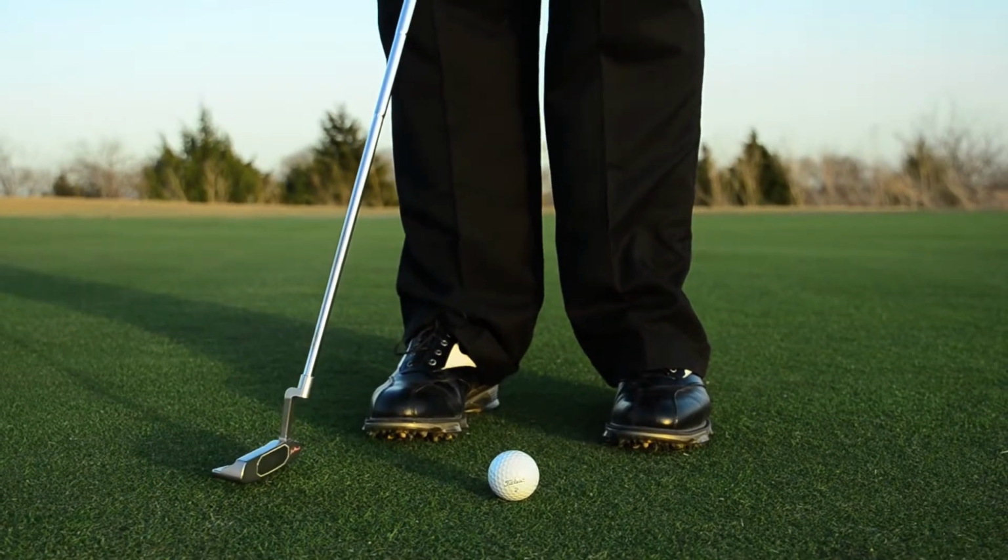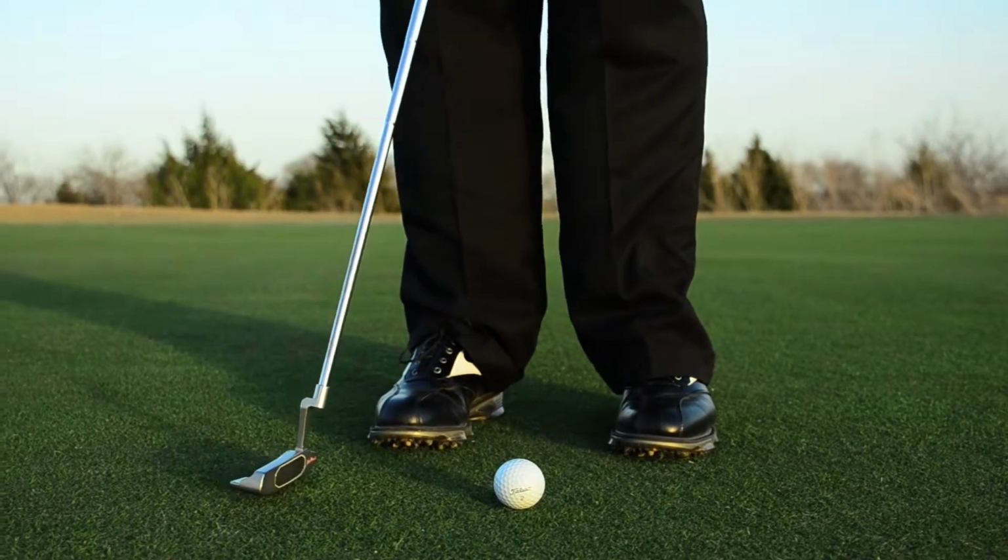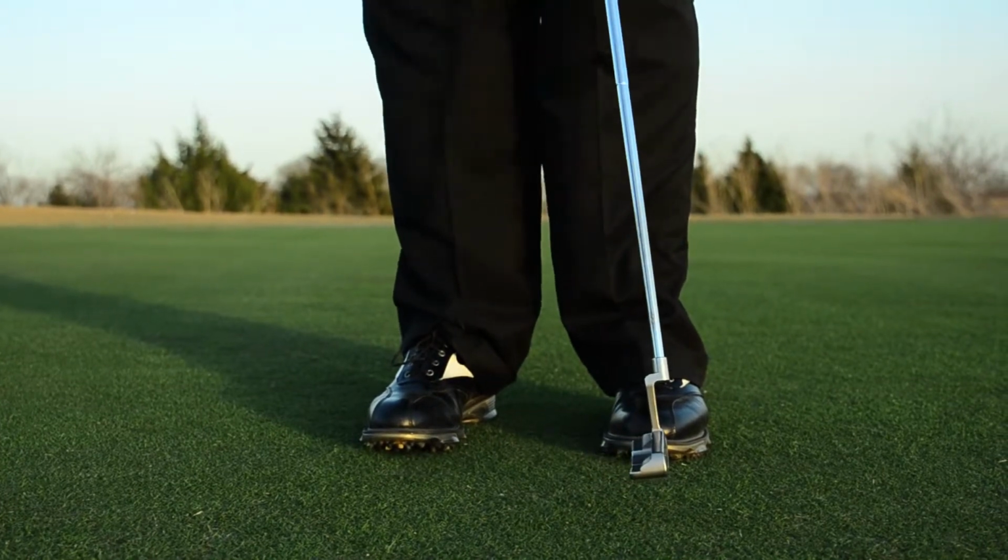Once you find that, you can find and lock in that rhythm on one of those free metronome apps on your smartphone. When you're swinging your putter, the 1 or tick should be when the club reaches the top of your backswing, and the 2 or tock should be at impact. Strive to have this rhythm in every single stroke, which brings us to the second ingredient in your recipe for always two putting,